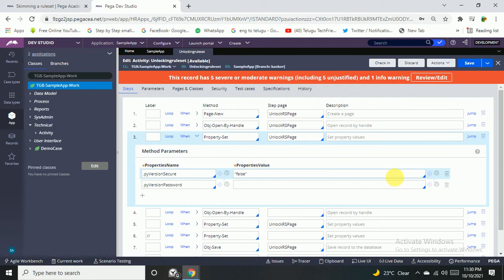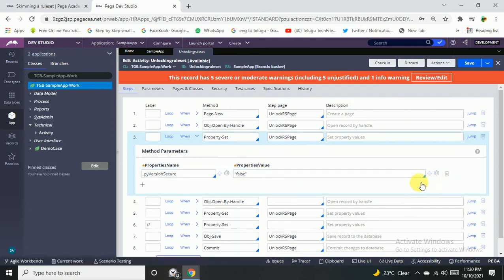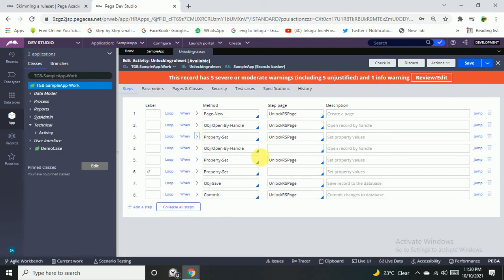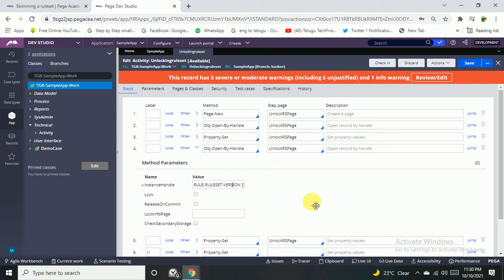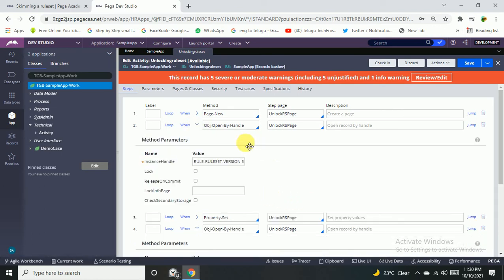I'm just doing unlocking, which means just false is enough. Collapsing this one, after this obj open by handle, within this, previously, after the second obj open by handle method, this is the second version. Within this obj open by handle, I have given the first version.